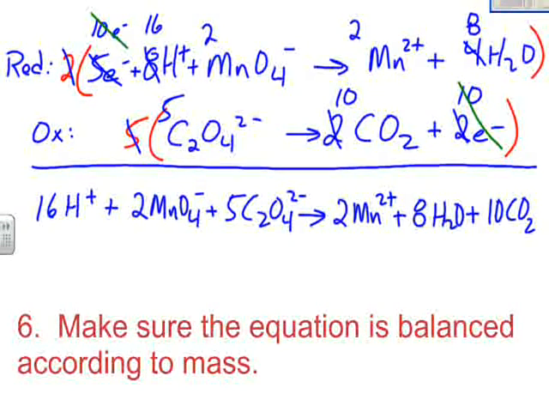Now we're going to go through and just double check and make sure we did everything correctly. So I think you'll find that we have 16 hydrogens on both sides, 2 of the manganese, 28 oxygen, and it looks like 10 carbon on both sides. So we're balanced according to mass, and then the other thing we have is